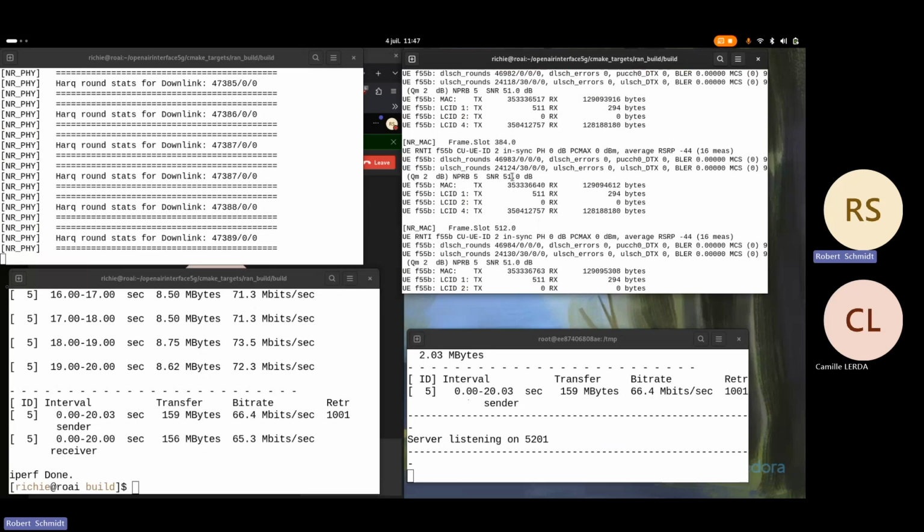Which can happen because of real-time issues at the UE or other things. But let's maybe for the moment focus on the downlink or channel modeling, and we see that at this point at least 46,983 initial transmissions across all HARQ processes. Now the other zeros mean that we never did any retransmissions, but for example if there was a number that was higher than 0, then it would mean out of these 46,900 transmissions, N